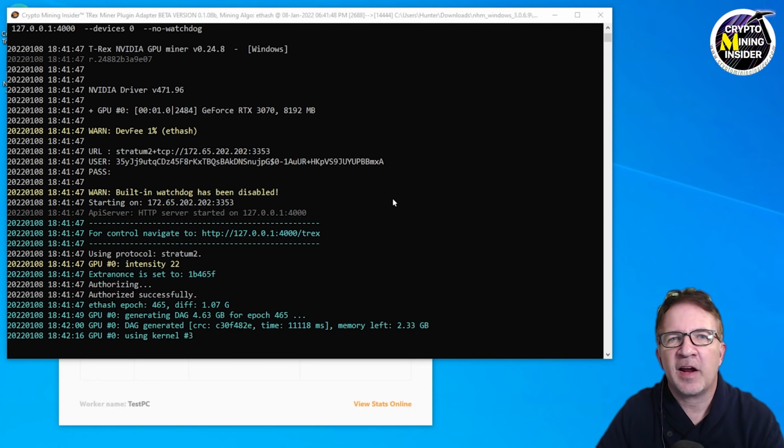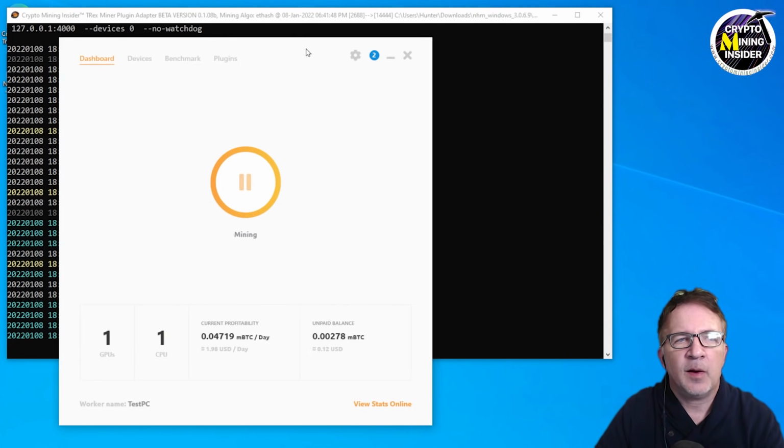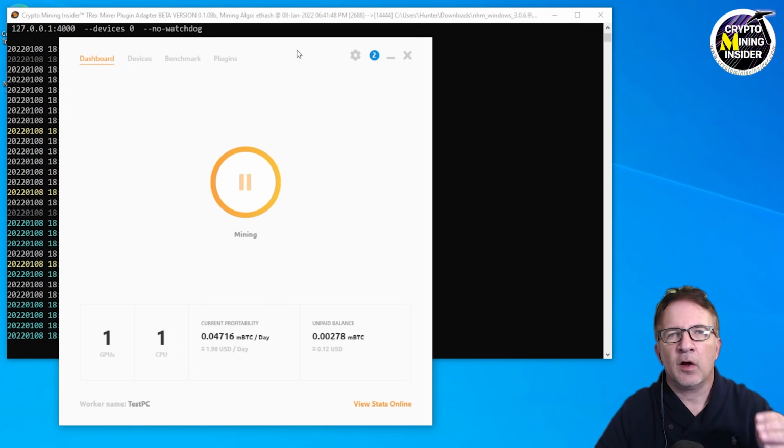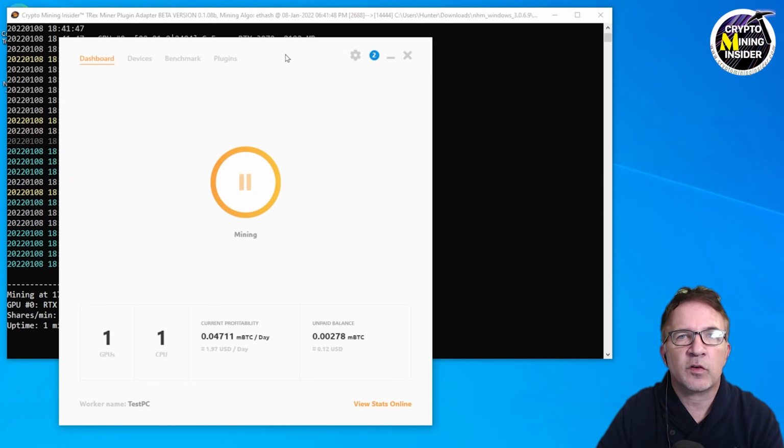With the benchmarking out of the way, I restarted the miner and it started mining no problem. Now, I want to go into some other features that come with the plugin adapter. It doesn't just start up and communicate between a third-party tool like NiceHash and TRex Miner. It also maintains its own log file, so it's able to determine what's going on and what activity. And that'll come in handy later on if you want to see the activity of what the miner is doing